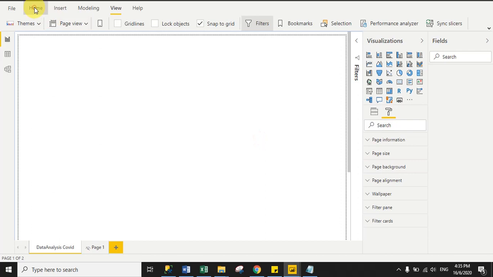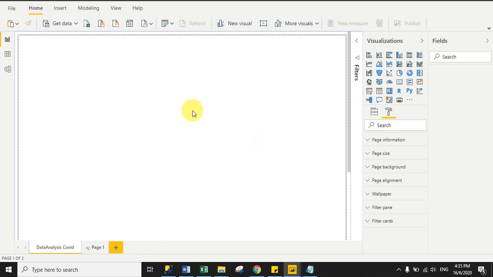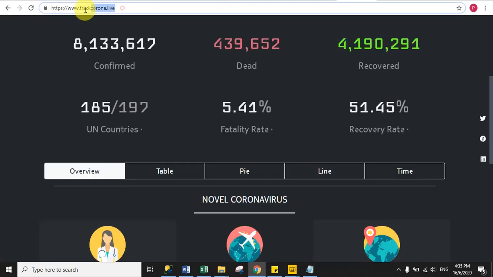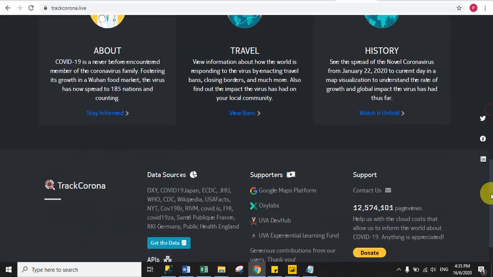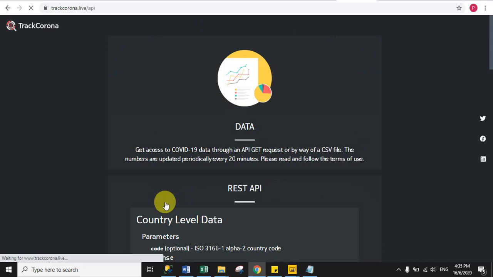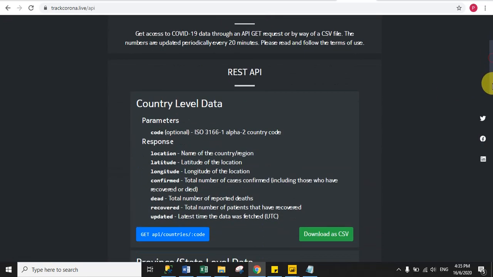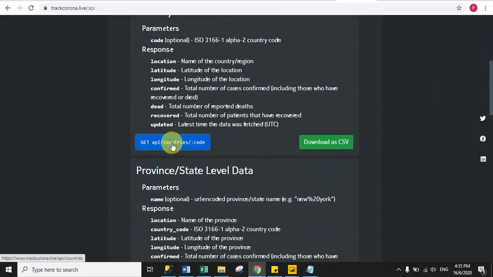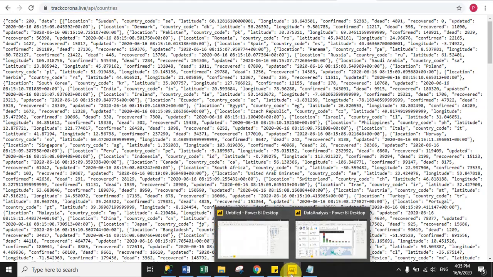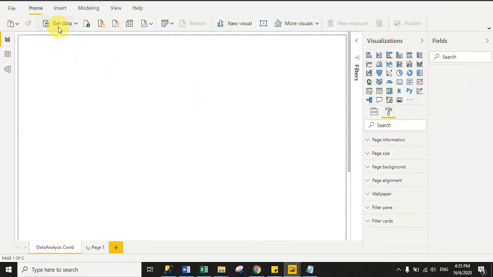After that we will fetch data from a live web API. So here I have a very good website. So see, this is the website trackcorona.live, and here they provide a web API. So click get data, and after that go below and click get API country wise. So you can see here this web API is returning the data in JSON format. So just copy the web API URL, then back to the Power BI desktop, and then click get data,